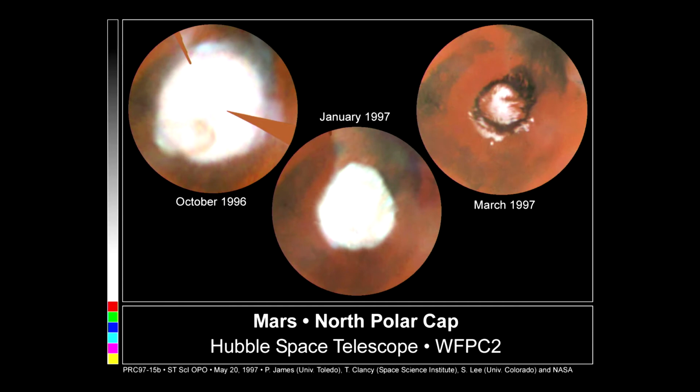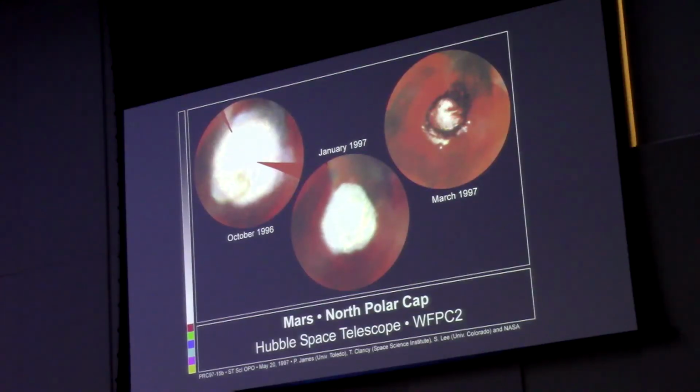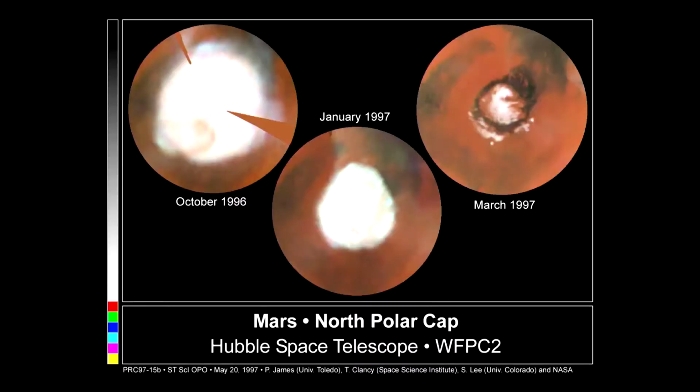So here's a couple of views from the Hubble Space Telescope looking at the northern part of Mars. We've got what we call the residual cap in here that is exposed in the summertime. And you can see this is all dunes around it that get exposed. And then in the wintertime, you get this deposition of dry ice. Much of it falls as snow, and it can be up to about 1 meter thick down to about 60